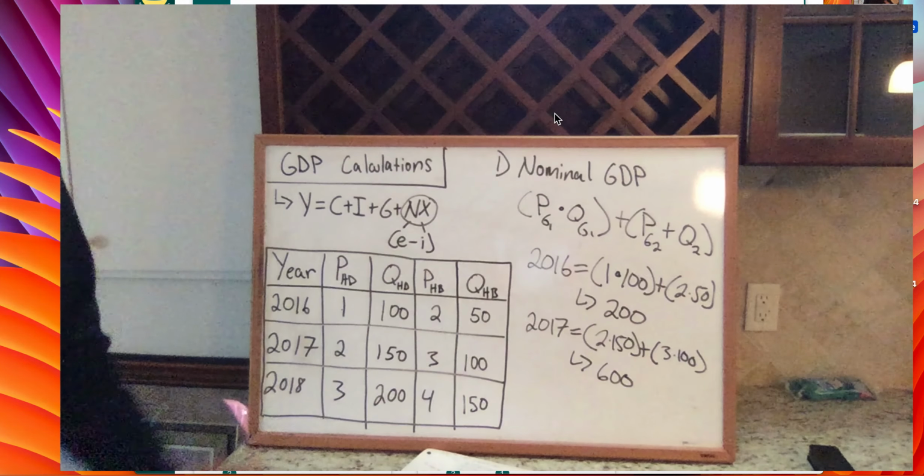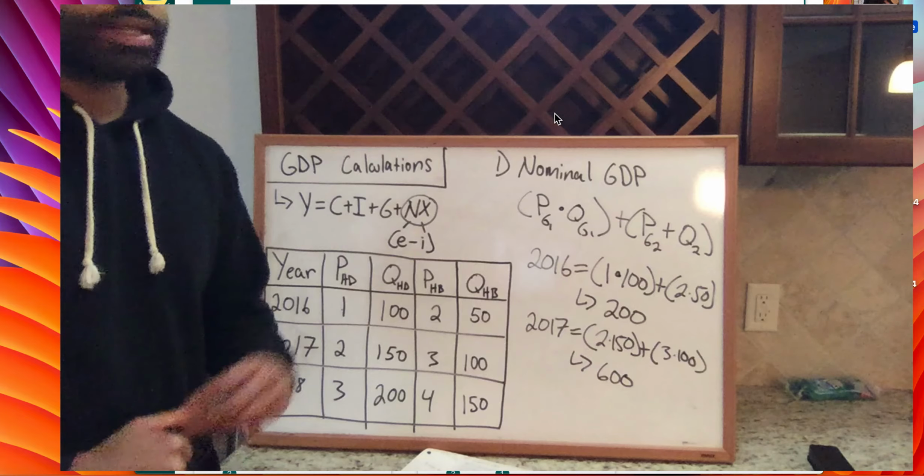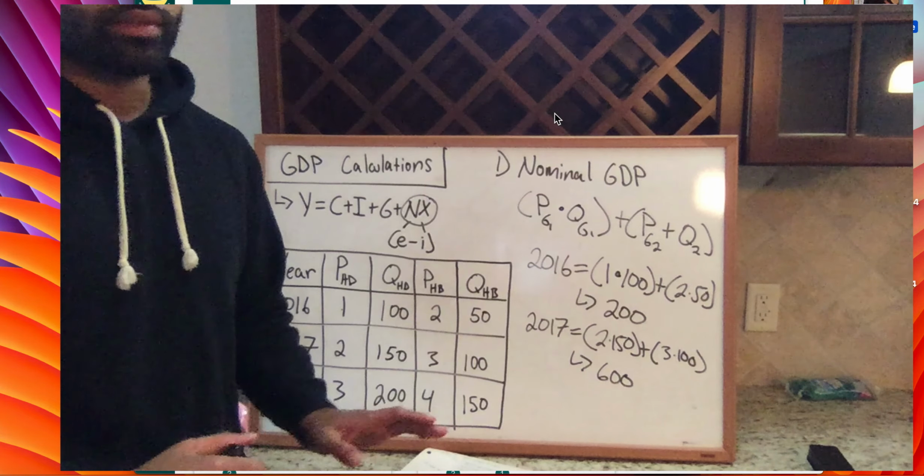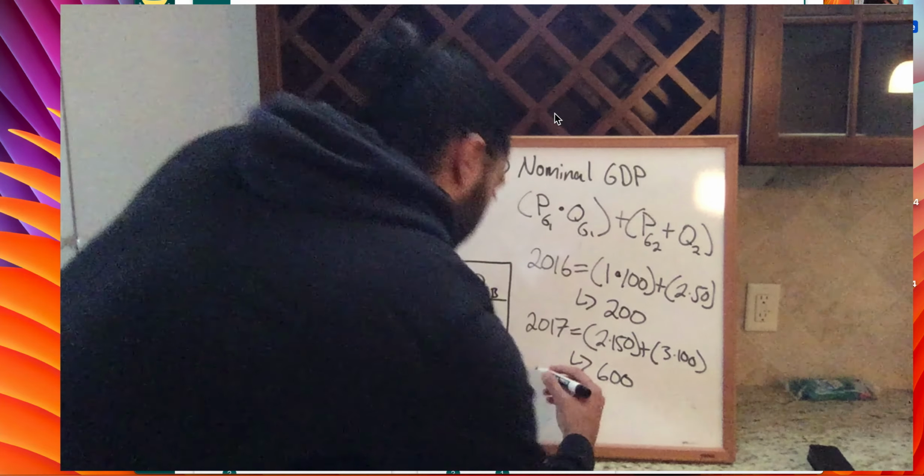And our nominal GDP is 600. So again, remember, nominal GDP does not take into account inflation. That's the big indicator between nominal and real. Nominal is not taking into account inflation whatsoever. Okay, and then the last one,